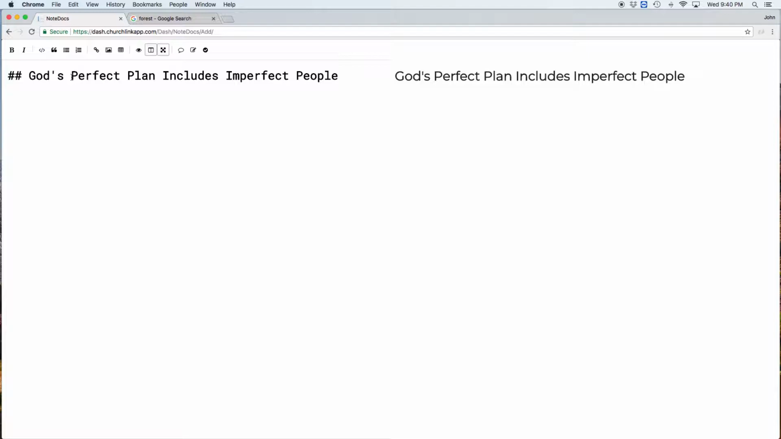Something else you can do is, for any text in the sermon, you can also make any text bold or italics. So I'm going to go ahead and select "perfect," and you can see up here I have the ability to make something bold or italic, but I can also just use keyboard shortcuts, like on a Mac, Command I and Command B, or on a PC, Control I or Control B. So on my Mac I'm going to do Command I, and you can see right there it made it italic for me,